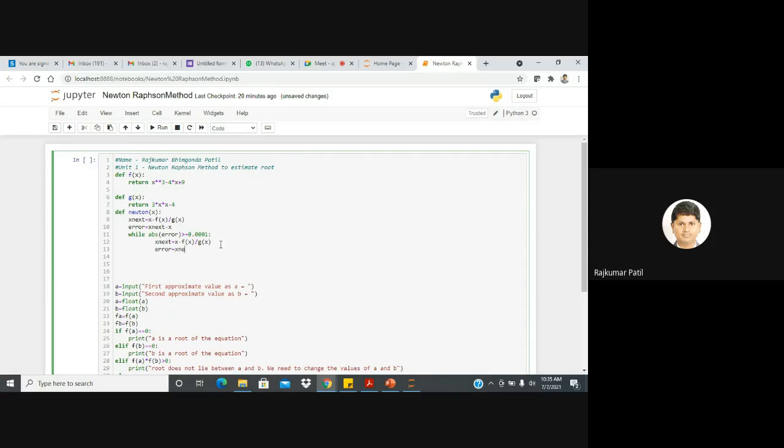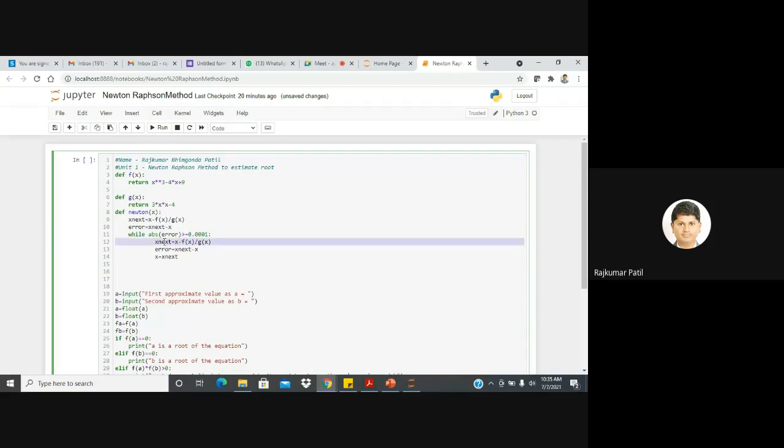So error is x next minus x. Then we need to assign x is equal to x next. So how it will work? When you enter into the while loop, again it will calculate the next iteration.